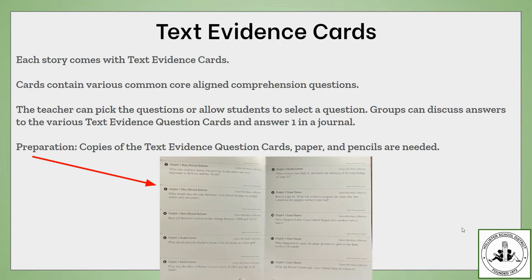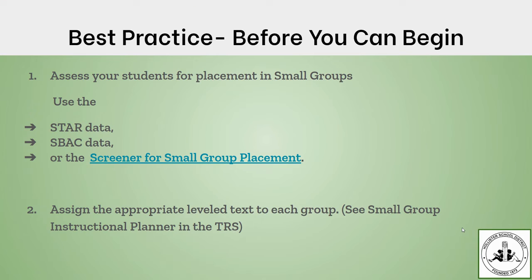So if you're reading with one small group, maybe you want to just read with 2 students and you have a few students on the side, you can have them answer these questions while you're working with your group of students. Some of the best practices, additional best practices that we've learned throughout using the program are, first of all,